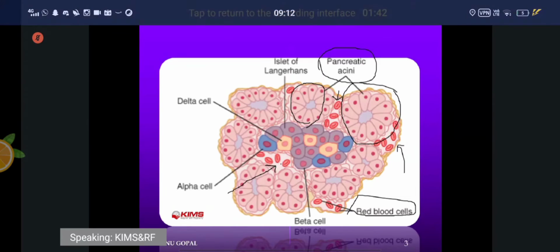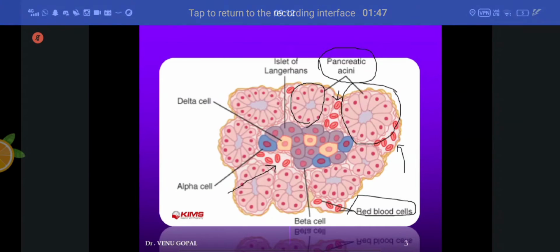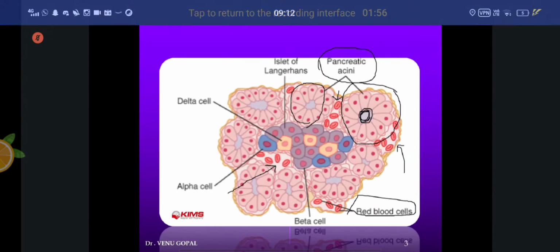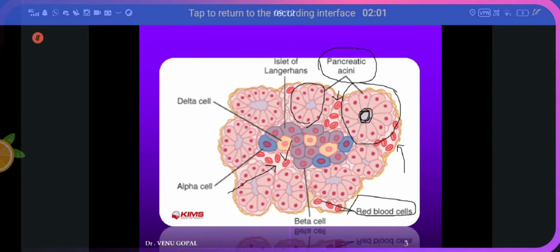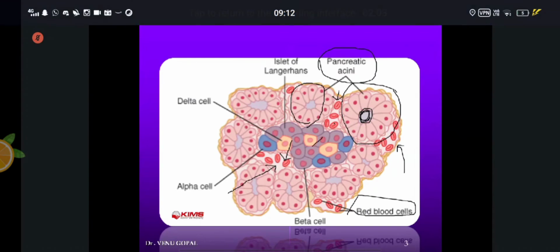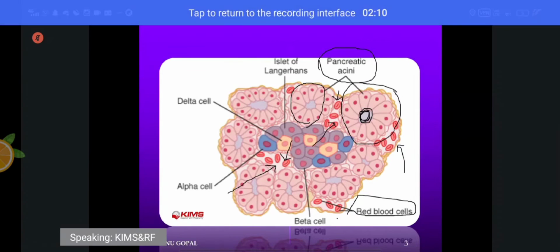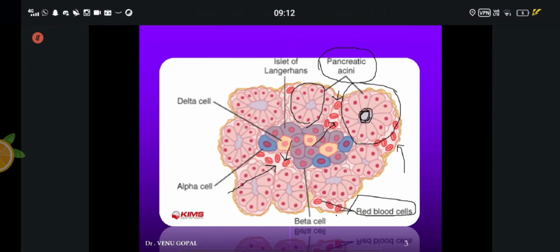And the endocrines also. Acinar cells, of course, secrete their contents into the central tubule, which will ultimately lead to the second part of the duodenum. Whereas the islets of Langerhans release their contents into the blood directly. That is the reason why insulin and others are called hormones. This picture shows the difference between the two zones of the pancreas, endocrine and exocrine.